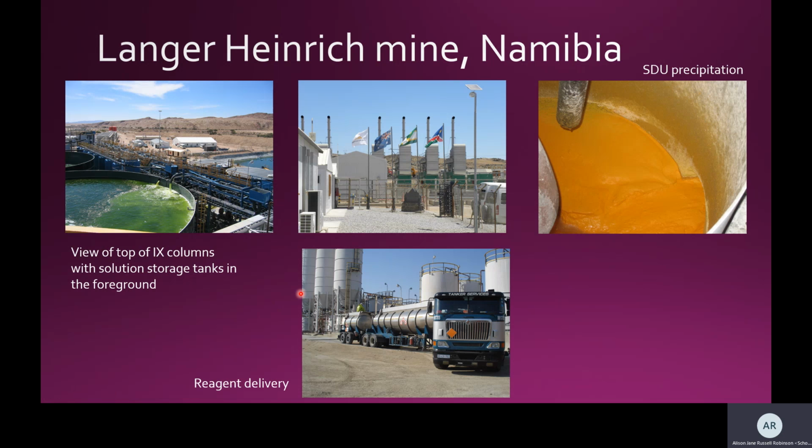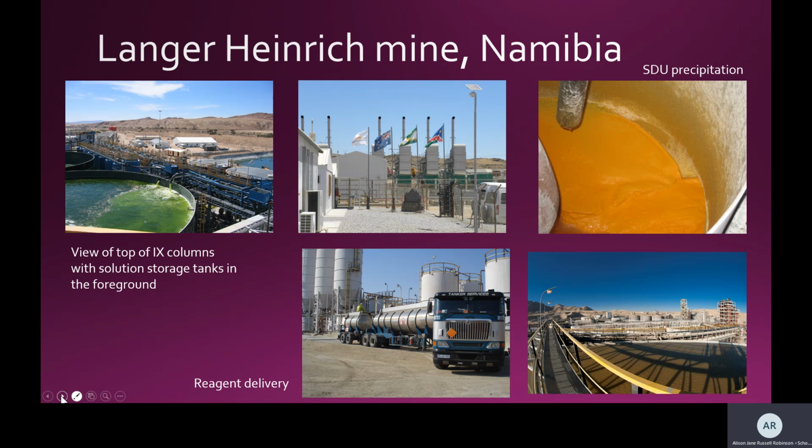And that's one thing that can affect the profitability of this. Think about your supply chain lengths. You know, ion exchange columns, chemical processes, they need a lot of materials, so it's got to be profitable to bring that in via a supply chain, and the longer that supply chain is, the more it's going to cost you. So there's operating costs behind all of this, which can influence the profitability of a